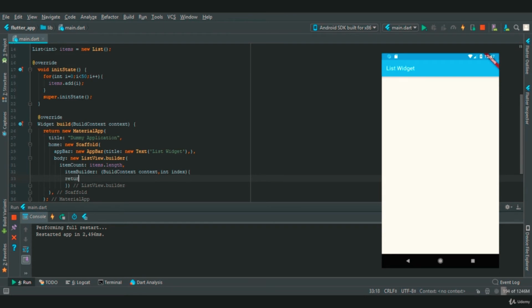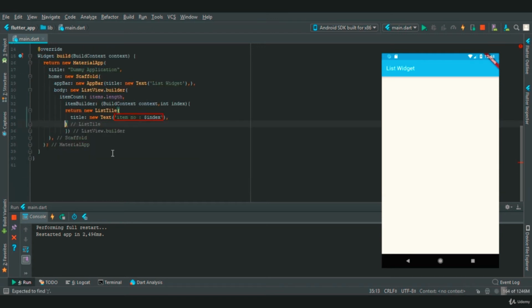Now in this we will return a list tile. We will type return new list tile. Let's provide a title to the list. So title is equal to new text. Let's provide a string as item number, and let's provide your index. And we are also going to provide trailing property.